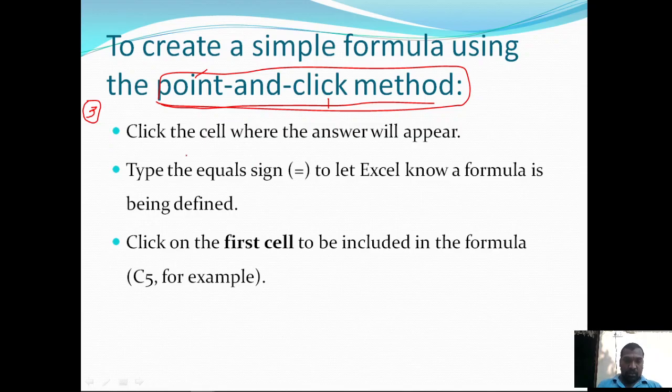First of all, click on the cell where the answer will appear. For example, on C5 I want to display the answer, so click on C5. Then type the equal sign to let Excel know a formula is being defined. Then click on the first cell to be included in the formula.